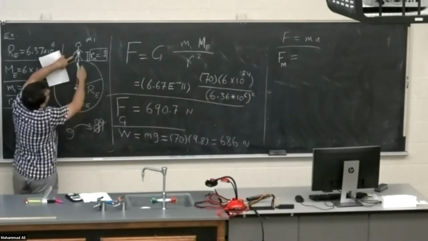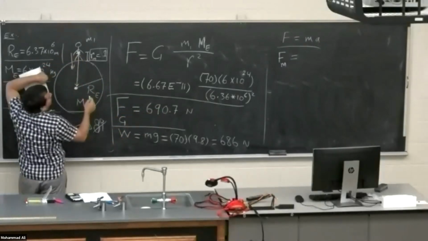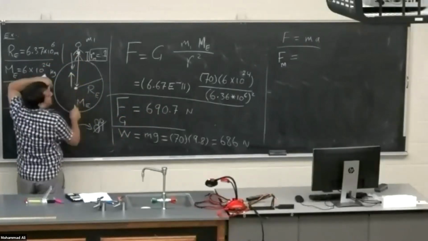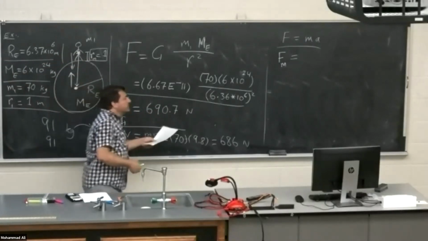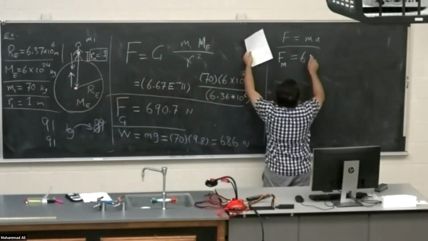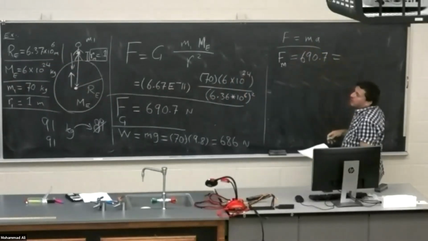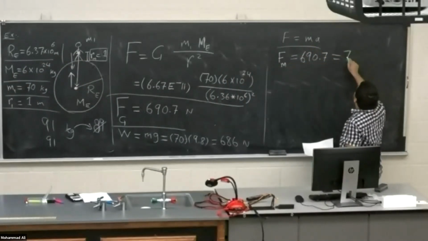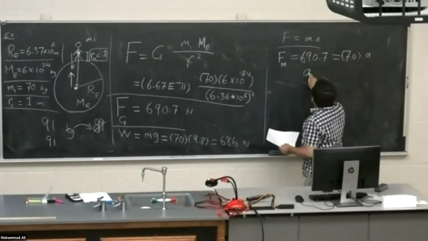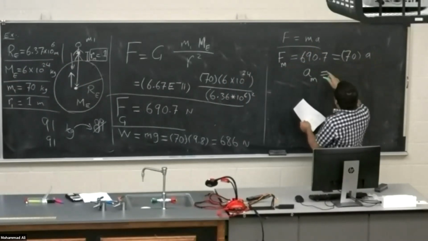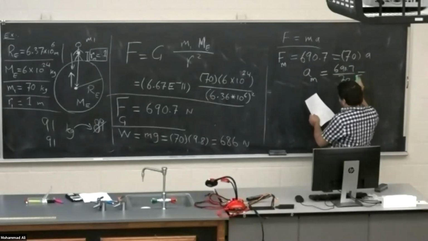The force from Earth on the man is 690.7 newtons downward, and the force from the man on the Earth is the same thing. So the man will attract the Earth to its center. Now the force, 690.7, is equal to the mass of the man, 70, multiplied by its acceleration. Then the acceleration is divided over 70. The acceleration of the man is equal to 690.7 over 70. This will be equal to